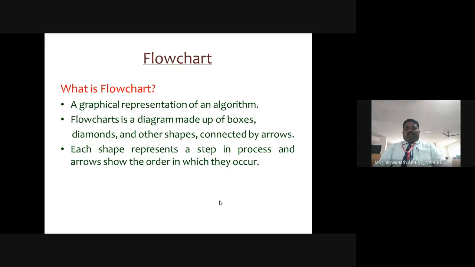So as the result of that research, flowchart is one of the mediums through which we can easily understand the concept in a proper manner. A flowchart is a diagram made up of boxes, diamonds, and other shapes connected by arrows. Each shape represents a step in the process, and arrows show the order in which they occur.